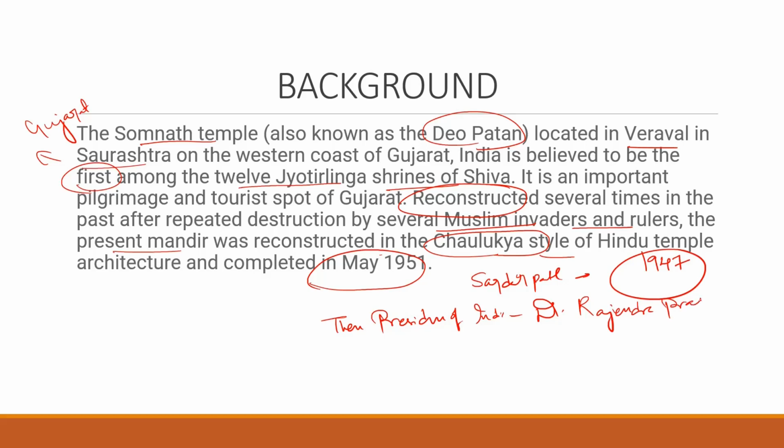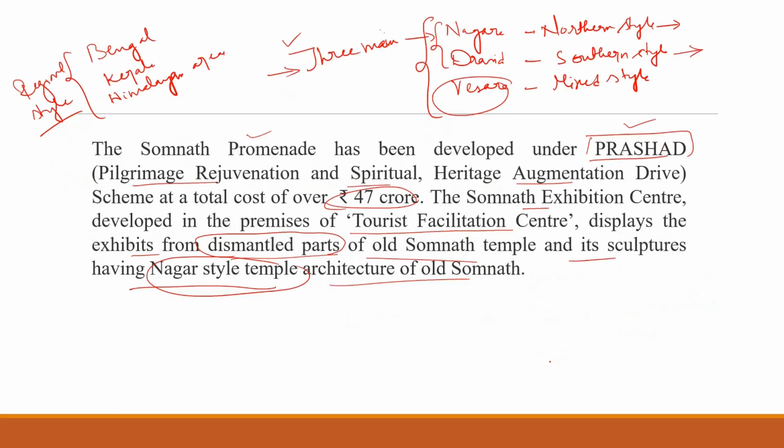The Prana Pratishtha of that temple was done by the then President of India on May 11th, 1951. Now we are seeing about the project. I have told you that here in Somnath they are going to reconstruct the temple present of old Junagadh Somnath, and it has been completed by the Shri Somnath Trust.